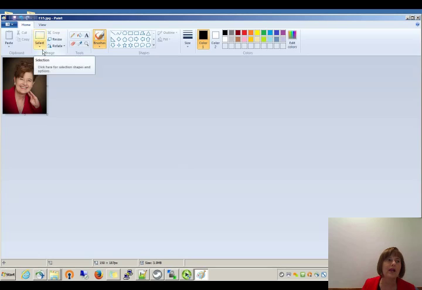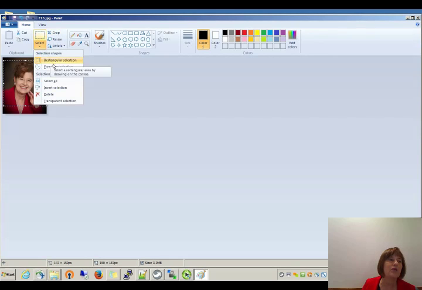In the image group, click the Select down arrow and choose Rectangular Selection. Move your cursor onto the image. At the very left margin, I'm putting it just a little bit above the top of my head. Click and drag to the right, all the way to the right and down. And we are going to drag down until the status bar shows 150 pixels. And I noticed that I'm a little bit from the left of my screen, so it only shows 147 horizontal. So I'm going to release